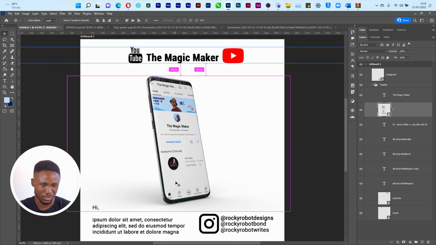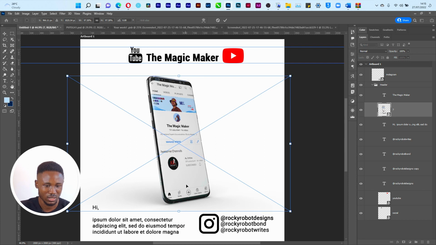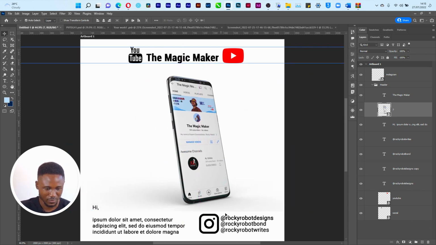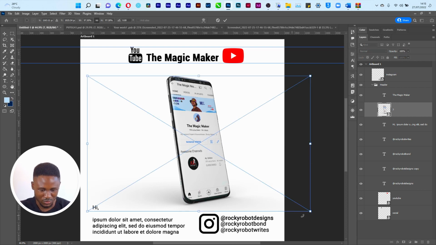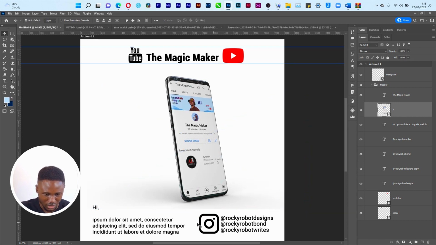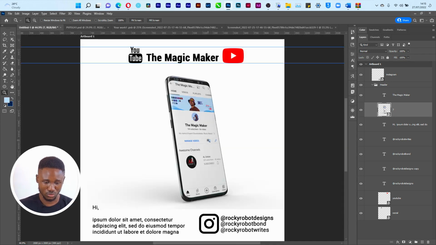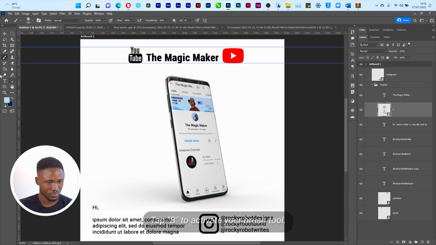So we have this here. We can actually flip this if we want, but then the text will also be flipped. So let's just leave it like this. So the magic maker, let's reduce it. And if you look at the bottom here, we can see that there are some shadows here. So what I would advise is to use non-destructive editing with our brush tool to sort of soften up the edges. So you just press B,